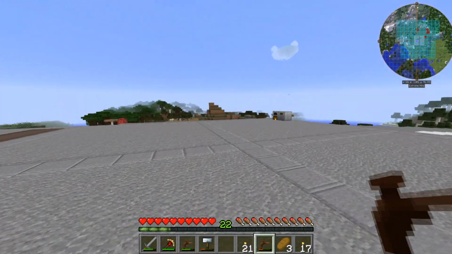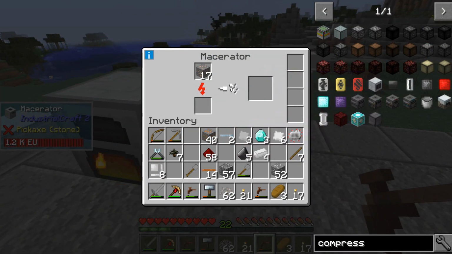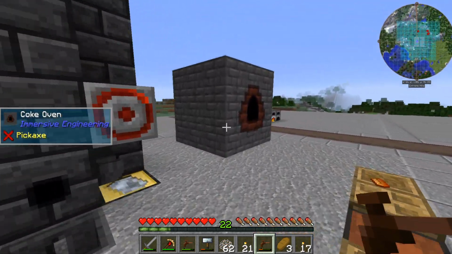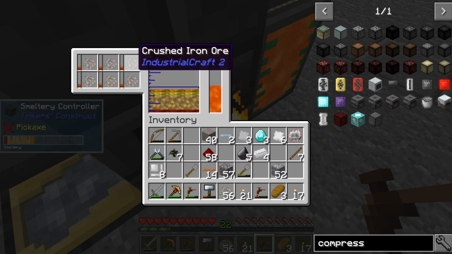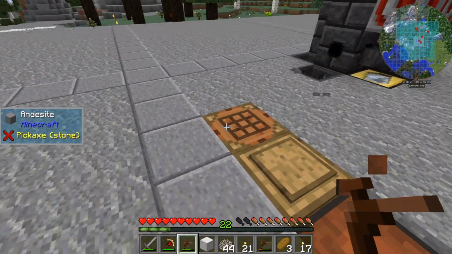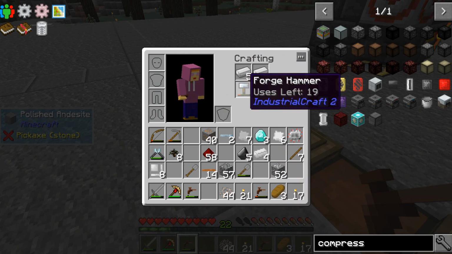And yep, you guessed it, we are out of iron again, but that's fine because we've now got a bunch of iron over there in the Macerator, which means that we can pop this in here and get that doubled up fairly easily, and hopefully that will smelt quicker because it's only in crushed iron form. Okay, so that should be all the iron that we need to get this casing made. So let's just turn that into ingots, pop that in there, pop the forge hammer in, which is fast running out